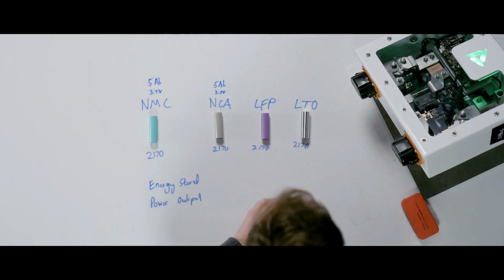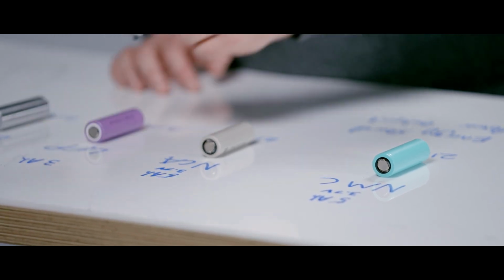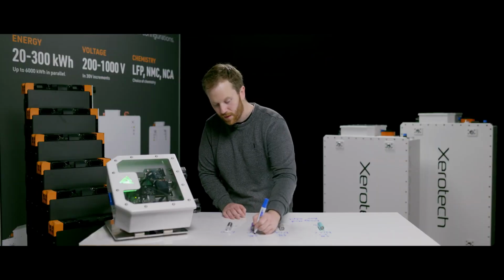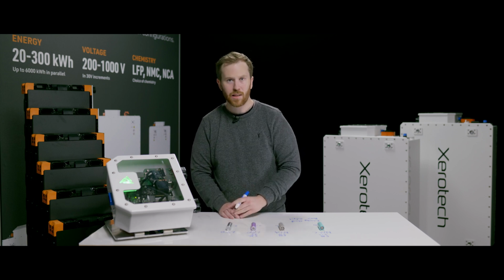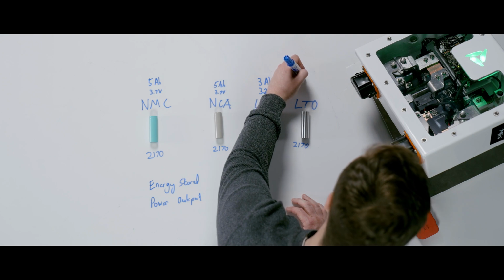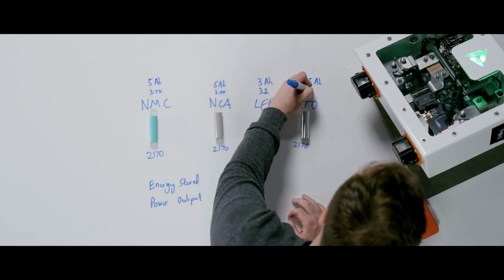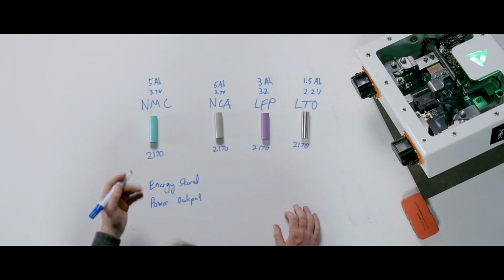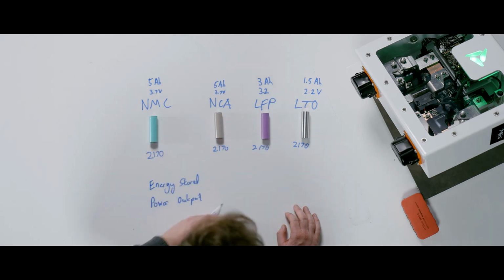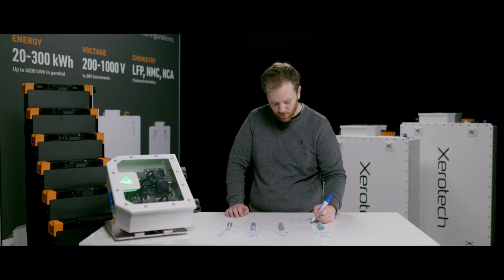LFP in 2170 format probably has about 3 amp hours, and its voltage is lower. Its voltage is around 3.2 volts. LTO is lower again. It's typically probably 1.5 amp hours, and its voltage is around 2.2 volts per cell. So what that means is, in a 2170, you're probably going to get 18 watt hours